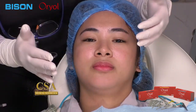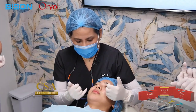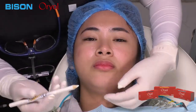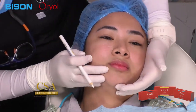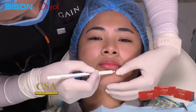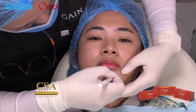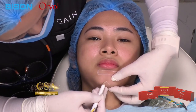Now the non-surgical method will be the injection of our hyaluronic fillers or dermal fillers. Okay, so for our markings, as a review again, we've done this in the past. So for Rika, I'm also checking at the sulcus here below the lower lip. A little bit of improvement of this sulcus, minimal only, and she wanted me to improve already this